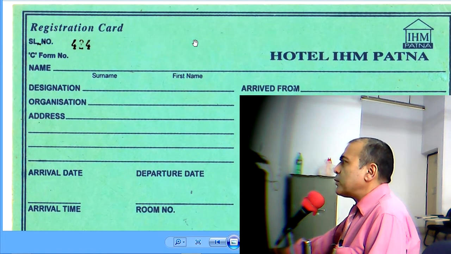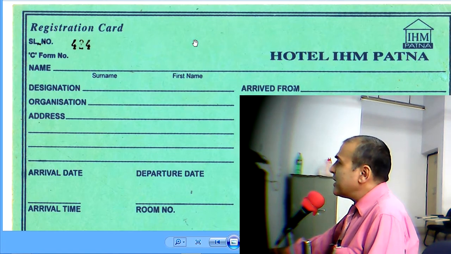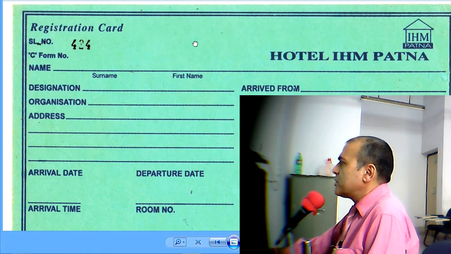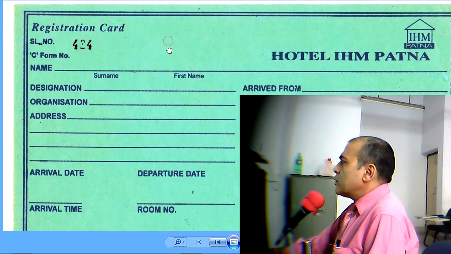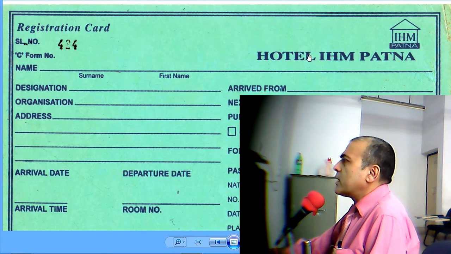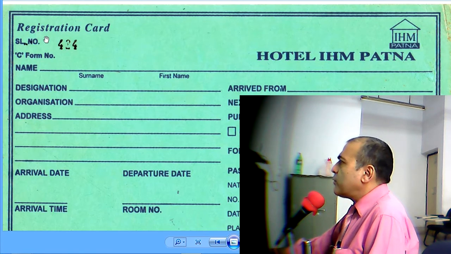We would spend some time on this card because it is one of the most important legal documents which a hotel has to deal with. The other two documents which are legally very important we'll be doing after this shortly. So logo, we have talked about it. Branding exercise, the hotel name here. Please follow the cursor.